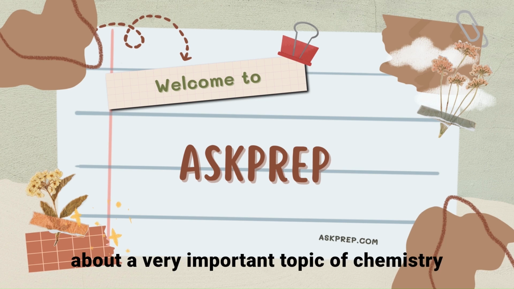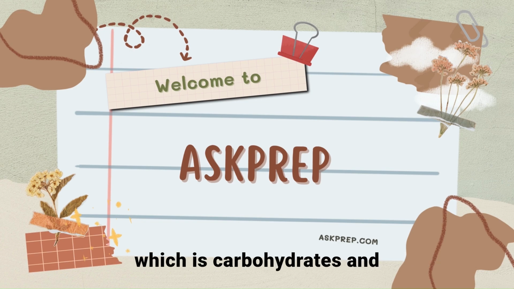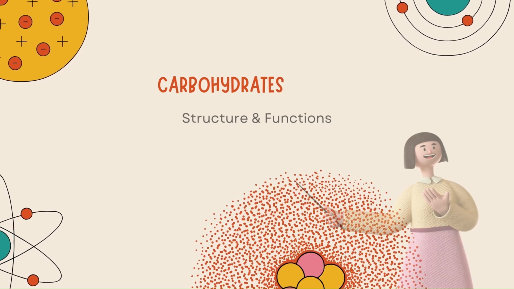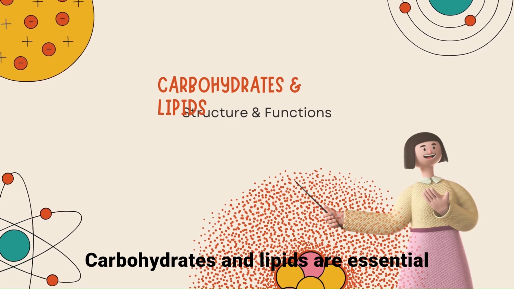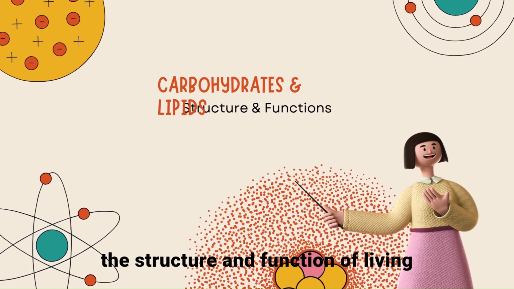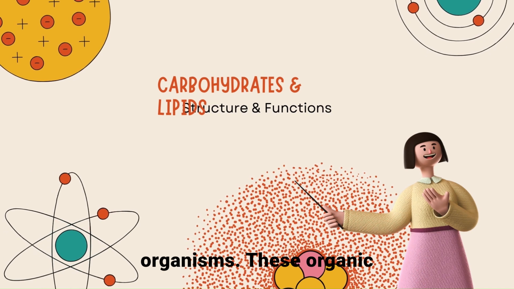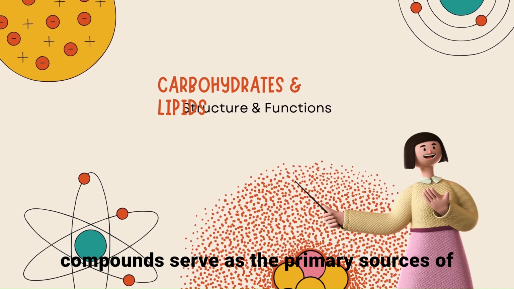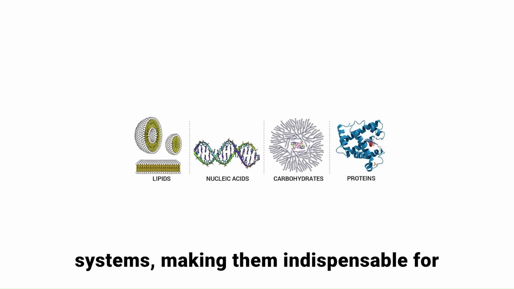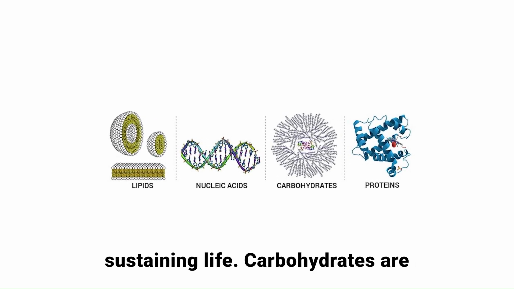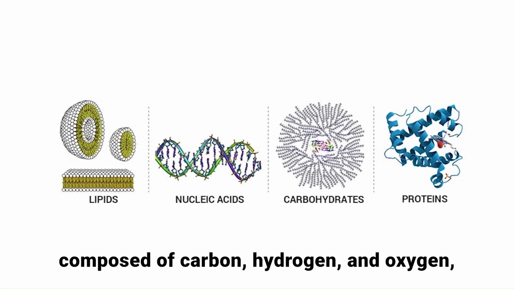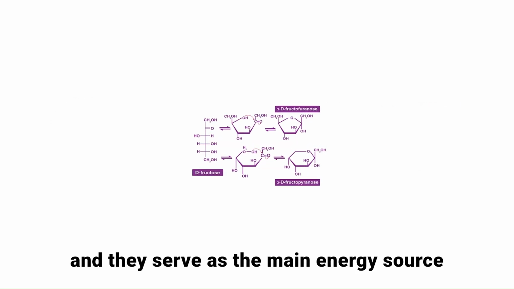Today we will study a very important topic of chemistry, which is carbohydrates and lipids, structure and functions. Carbohydrates and lipids are essential biomolecules that play a crucial role in the structure and function of living organisms. These organic compounds serve as the primary sources of energy, structural components, and signaling molecules in biological systems, making them indispensable for sustaining life. Carbohydrates are composed of carbon, hydrogen, and oxygen, and they serve as the main energy source